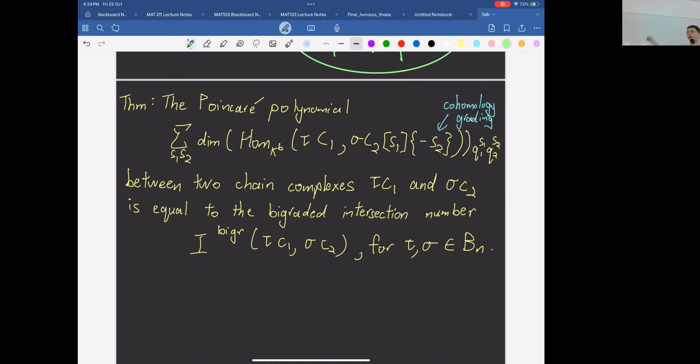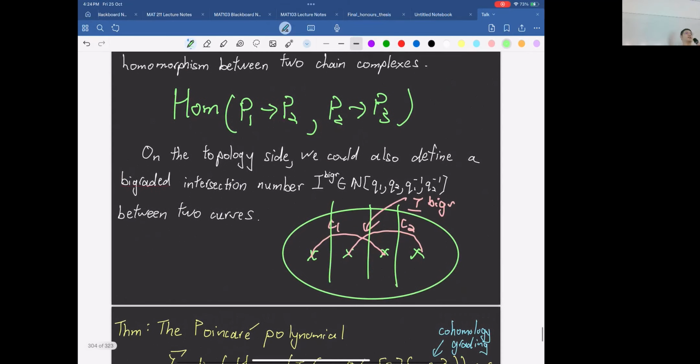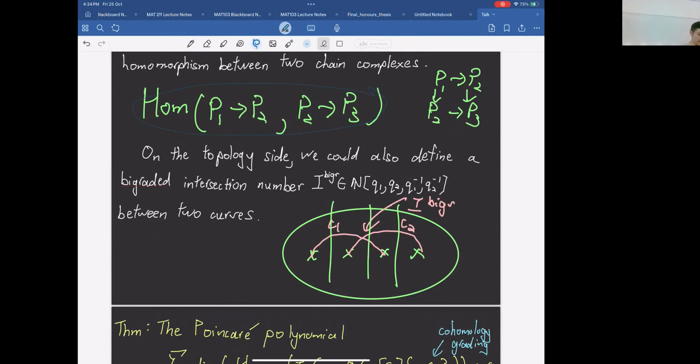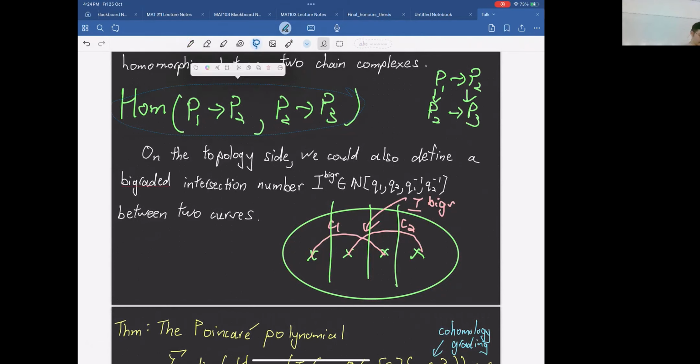Okay. So you consider all possible shifts of your chain complexes, and then you look at the Hom space. Maybe you think that you can shift in the Z direction, so it's infinite. But if you look at this case here, you can't really shift far. So how many ways can you see? Maybe you need to consider, is there a map between this shift? Or you can consider whether you have a map in a different shift.